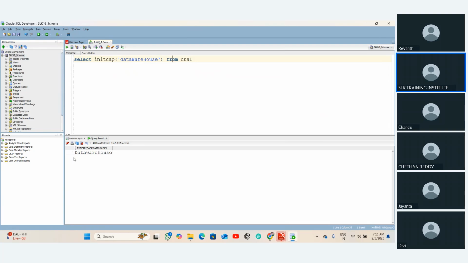If you see here, the first letter is a capital letter and the rest are small letters, because this init cap function makes the result first. But in the actual database, in the actual table, it remains however we inserted it. When we are extracting the data, it is going to display like this. Similarly,